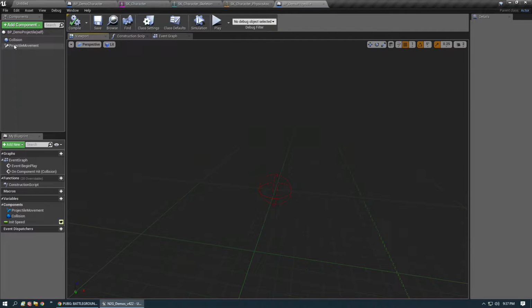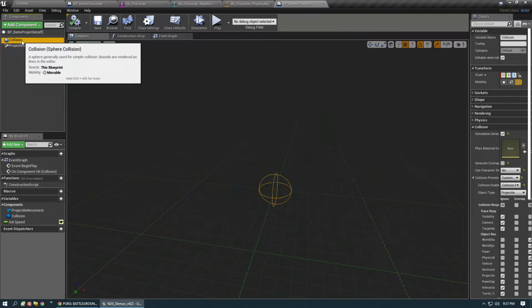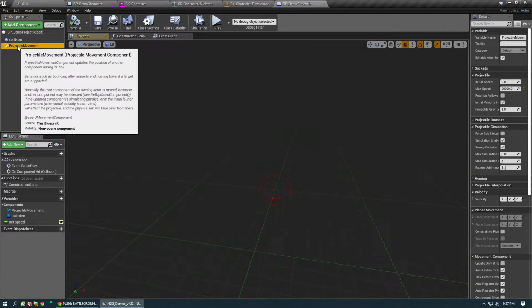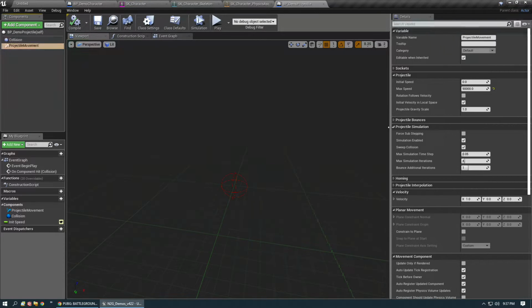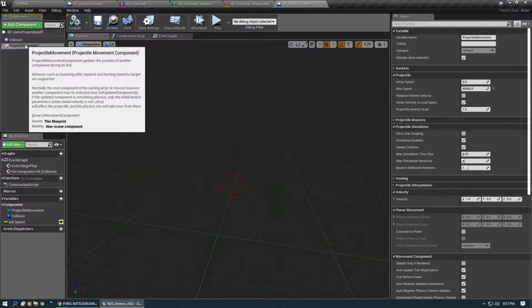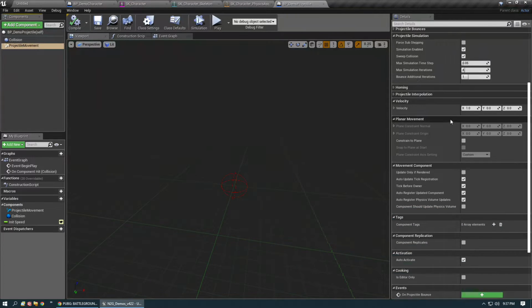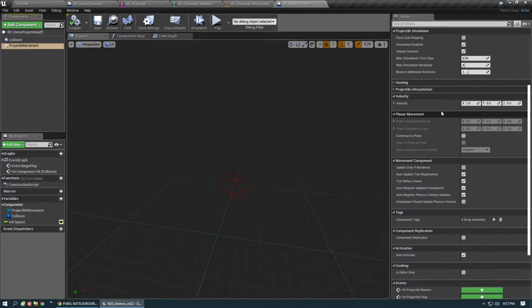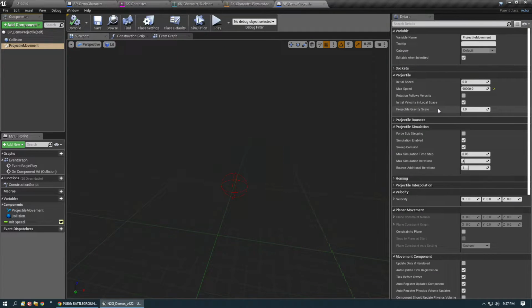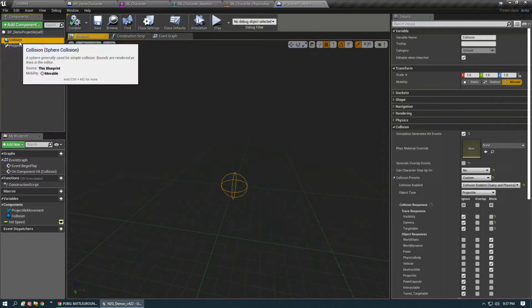This is a very basic projectile. You have a collision. That's what's going to interact in the game world. This is what's going to decide if it hits something. And then you have its movement. Just like you have character movement, you have projectile movement. This is the default built into Unreal Engine, written by Epic Games. Once again, it has a lot of different features. You can do homing projectiles and so forth. You can do a lot of different things with it, bounces and so forth. But you're basically moving this collision component across